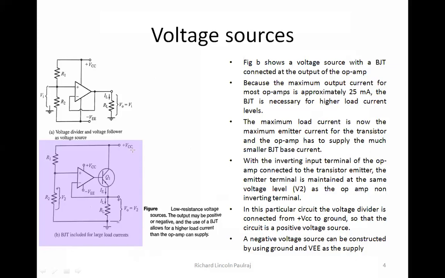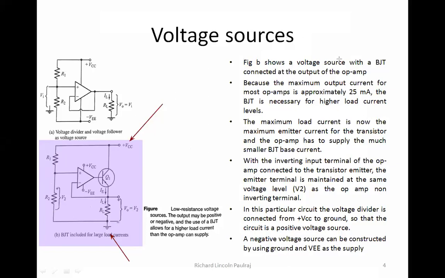Now, as I was telling you before, I have plus VCC and it is taken with respect to ground. So if I have this kind of configuration, I have plus VCC here and I have ground here. Now, if I reverse this configuration, let the ground be here as usual. If I replace plus VCC with minus VEE, then it's going to have a negative voltage. But here, if I'm giving plus VCC, then it's going to be a positive voltage. So let us look into it step by step.